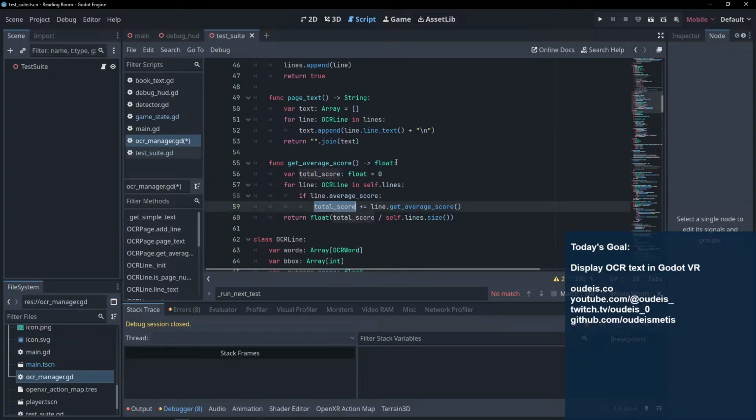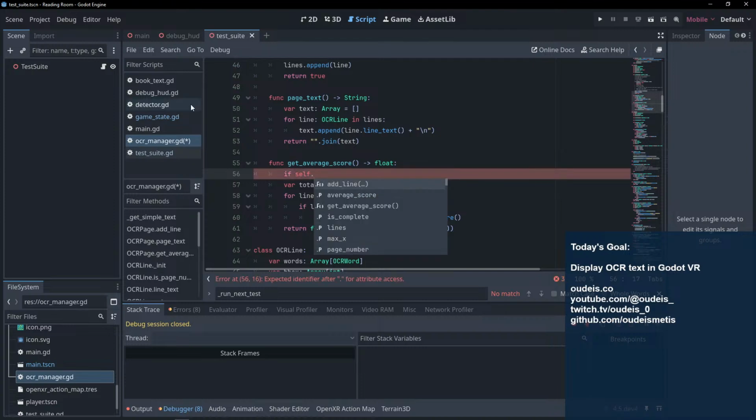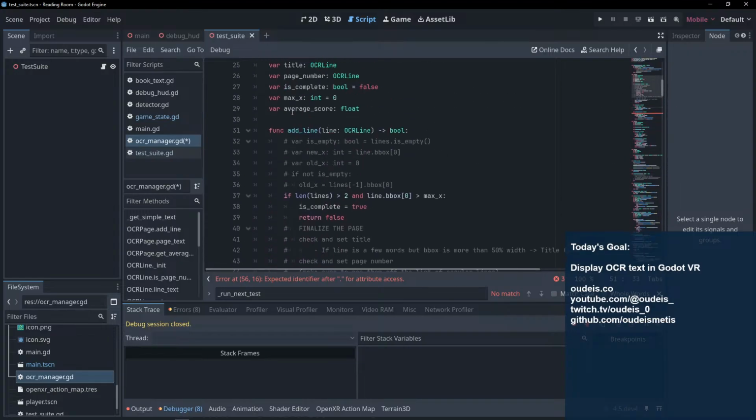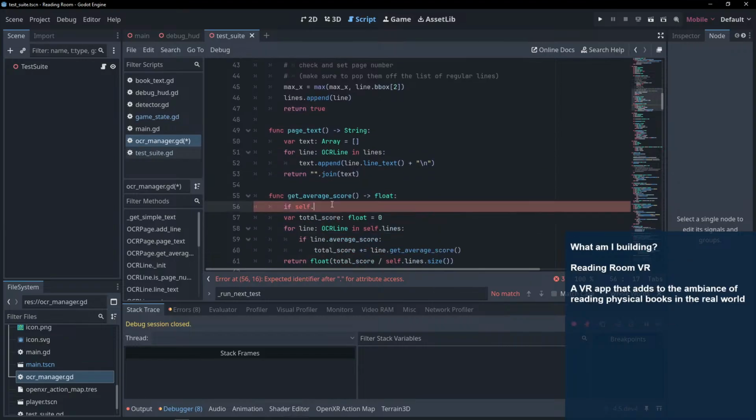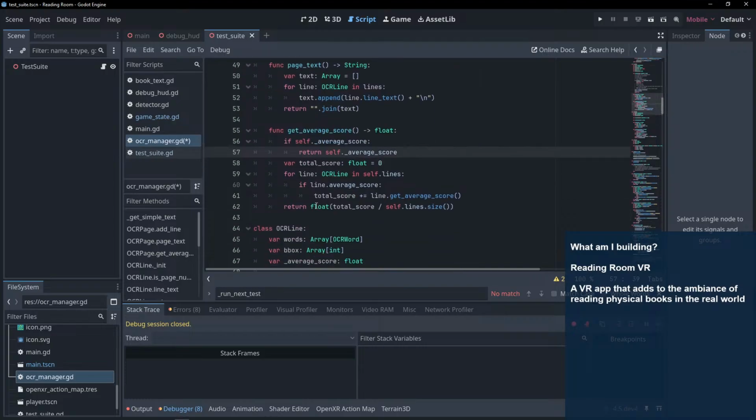Right, so it has its total score, and then we'll do the same thing here. If self dot, and in fact, we will, again, make this private. If it has an average score, return it. Otherwise,